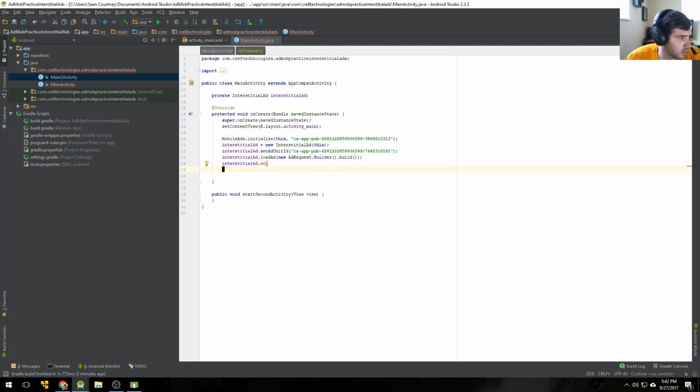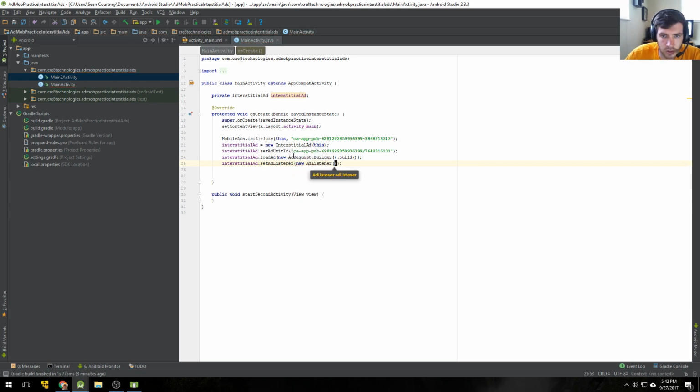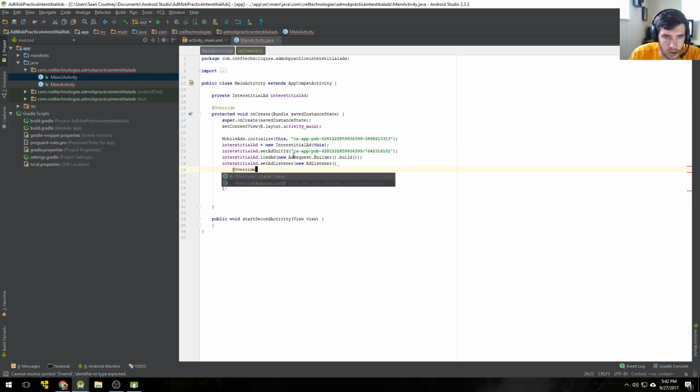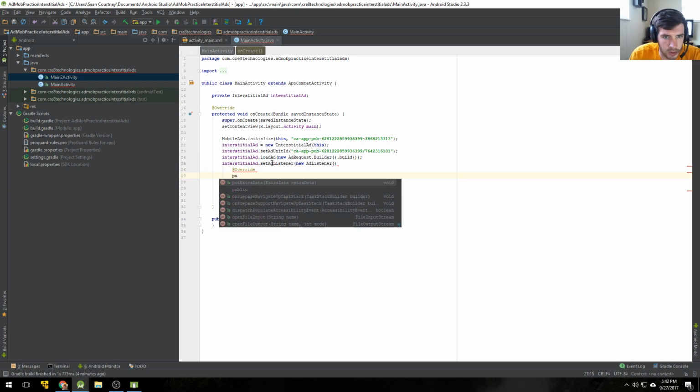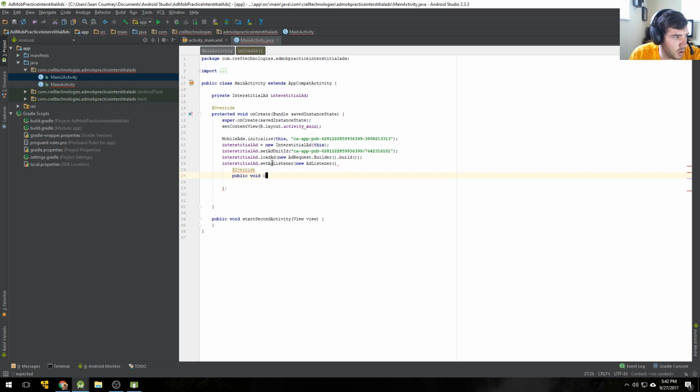setAdListener, new AdListener. So then press enter a few times there, and here I will enter once at override, and then below @Override, public void onAdClosed,